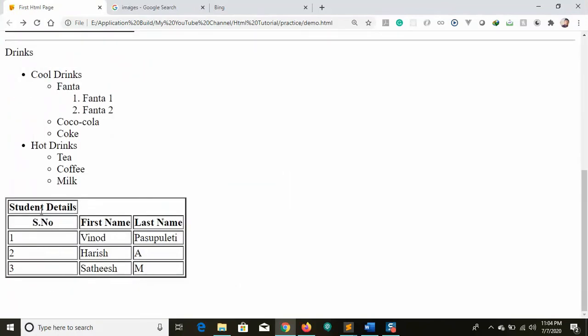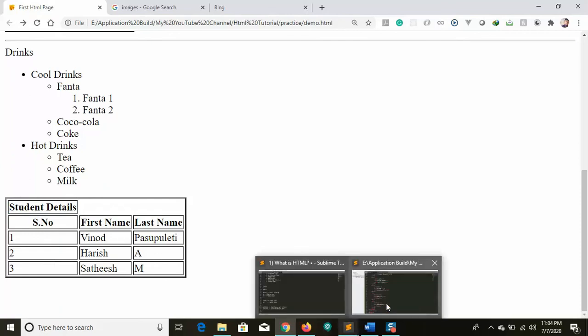So if you see here, my requirement is that this heading should be shown across all, since it is the student details. But it is only here. So what about this layout? This layout was not merged, right? So now my requirement is I need to merge this student details for the entire columns. How can I? Currently how many columns do we have? One, two, three. So let's merge it.